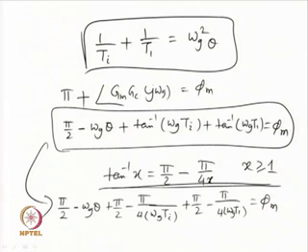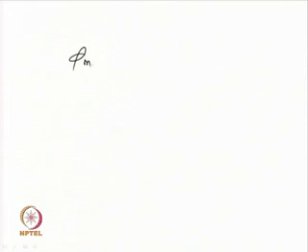Okay? Now, let me simplify. We have got 3 pi by 2. So, 3 pi by 2 will go to this side. If I take the other terms to this side, then it will give phi_m, the phase margin, is equal to 3 pi by 2 minus omega_g theta